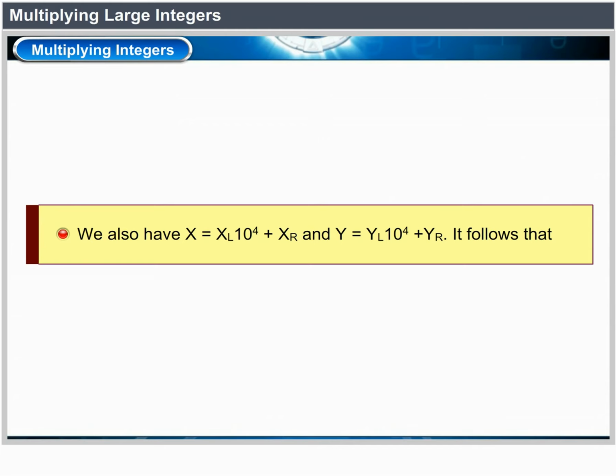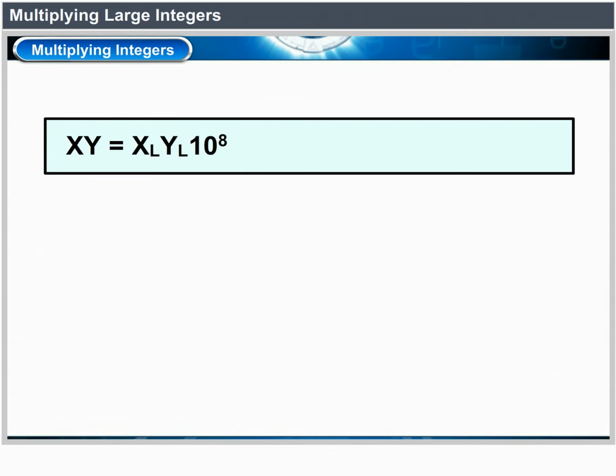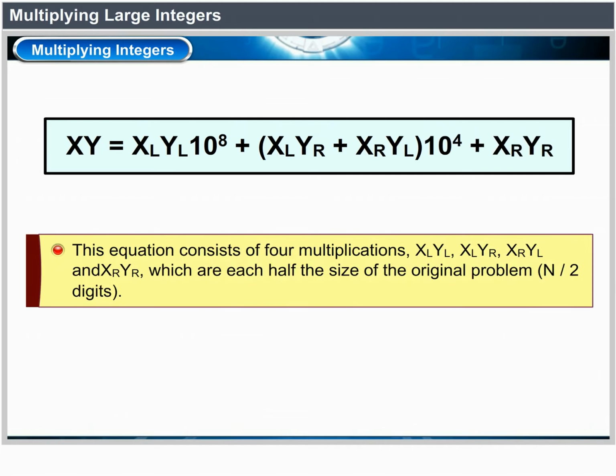It follows that xy equals xl yl times 10^8 plus (xl yr plus xr yl) times 10^4 plus xr yr. This equation consists of 4 multiplications xl yl, xl yr, xr yl and xr yr, which are each half the size of the original